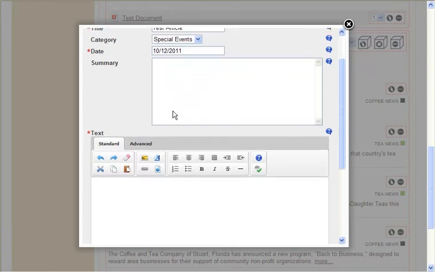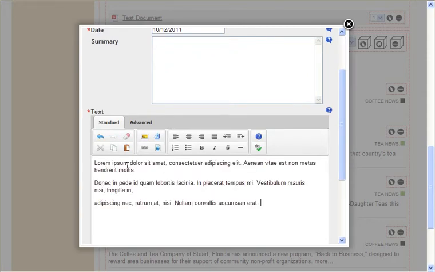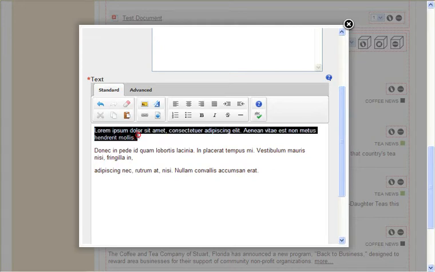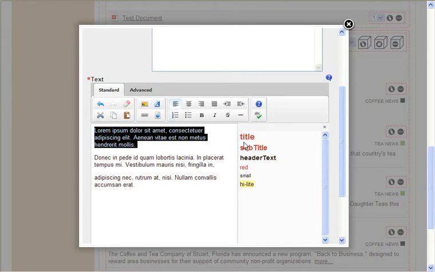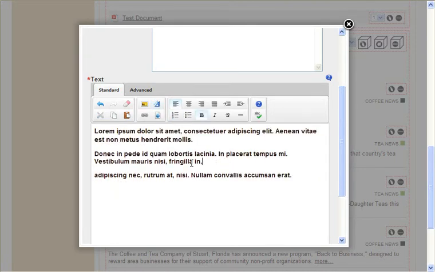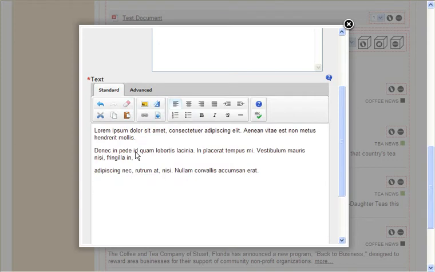Then I can add my summary in, but before I add my summary, I'm actually going to add in my content for my text. So I selected some content to put into play, and now I'm going to adjust that content. I can edit it just as I did in my text block editing, and I can put in hyperlinks as I feel appropriate. I'm going to remove my formatting,